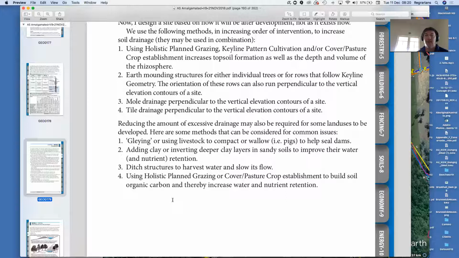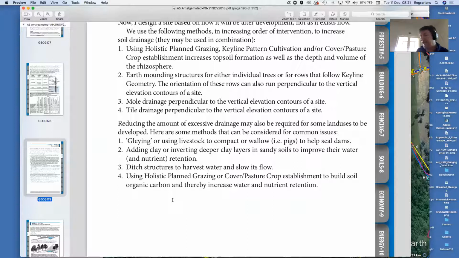And so some of the things that we do is that we'll use gleying. So we'll use animals to compact or wallow in order to do things such as seal dams. We might add clay or invert deeper. So some soils, for example, might have excessive drainage, and so a lot of sandy soils, and I think I talked about this last week, where you might use a keyline plough, for example, or something similar,